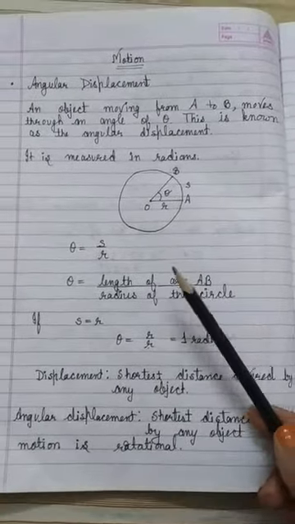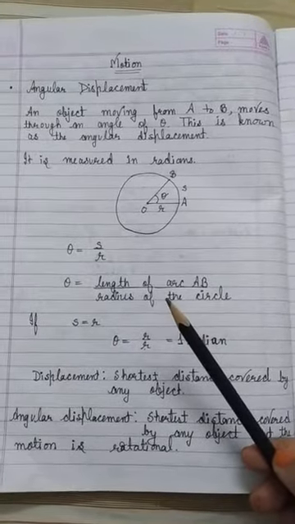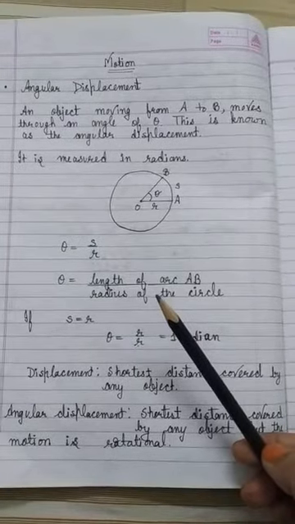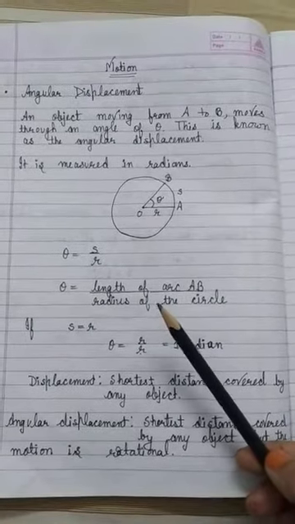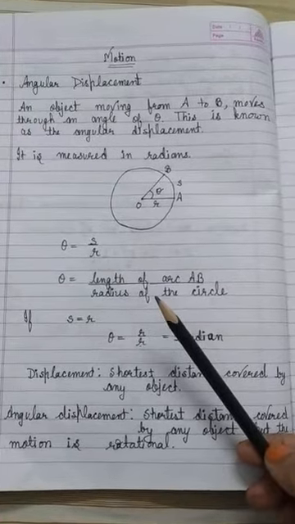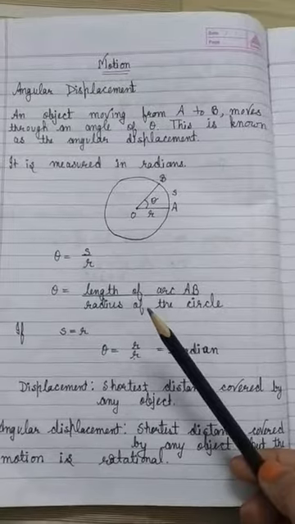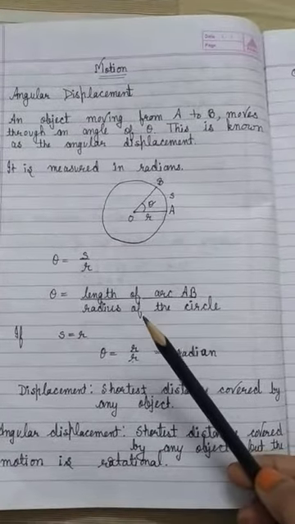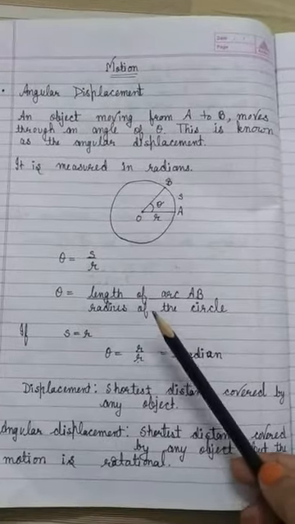Like if a fan is moving, then we'll call it rotational motion. But if we talk about the blades of the fan or a single particle of the blade, then it will be known as circular motion. अगर हम as a whole fan की बात करें तो हम बोलेंगे the fan is in rotational motion. But if we are talking about the particular blade, then it is known as circular motion.